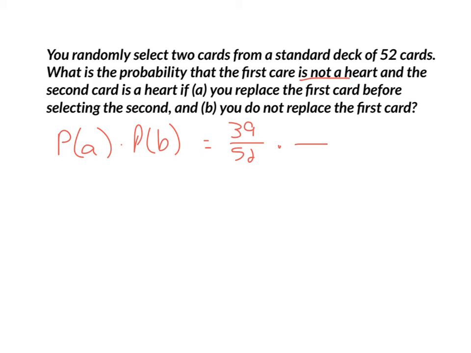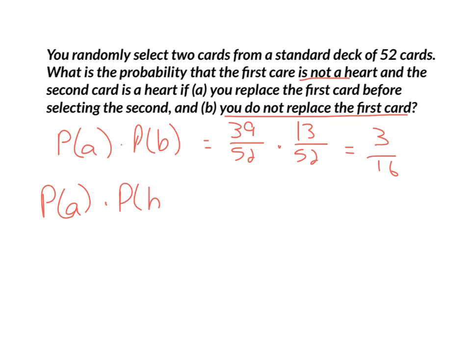Because you put it back, there's still 52 cards in there. Probability of getting a heart the second time is 13 out of 52. And if you multiply those out, you get 3/16 or 0.188. Now the B part says this: what if you do not replace the first card? Now I have this probability of A of not getting a heart, and then probability of B given that A